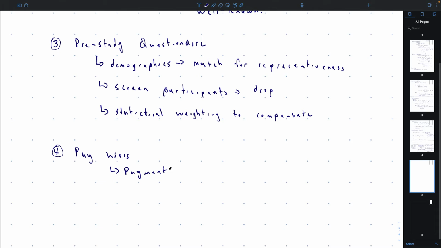So if they really don't like the study and they want to leave, that's fine. It's probably bad data anyway. It's better to just let them go, right? And so, yeah, you should pay them up front, and it's not contingent on anything in the study, okay? If they like your system or hate your system, they get paid the same amount of money, right, obviously. But whether they complete the study or not, that's another thing where they get paid.